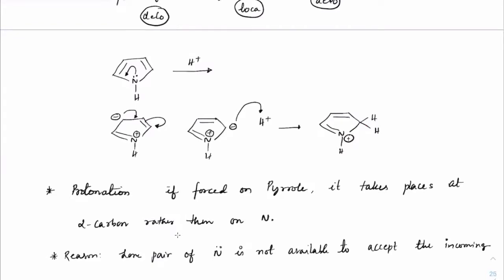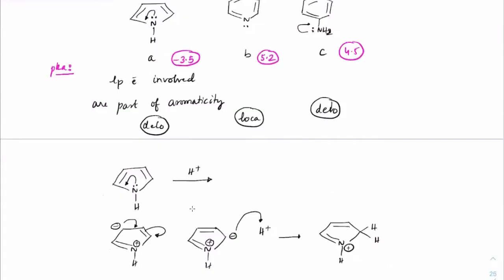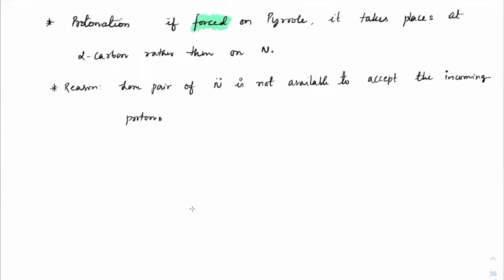Yes, beta. In case you ask about comparing a charged non-aromatic and an uncharged non-aromatic, which is more stable? See the question. What did I say? Forced. See the statement. Usually it will not take H plus that easily. If you are forcing it to take H plus by means of pressure or something, then the proton will be accepted here. Otherwise it won't, because it is highly stable. So I hope all of you understood the aromatic case.